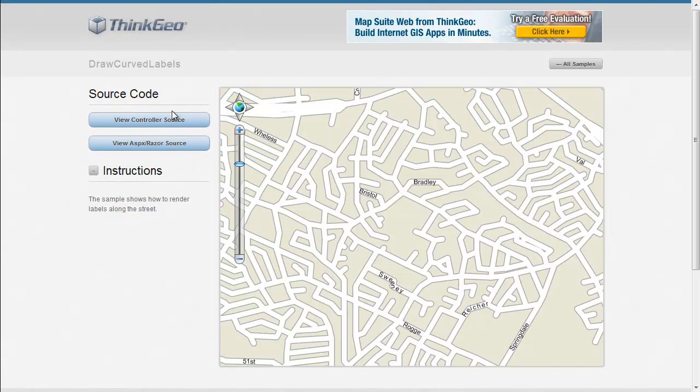In this Map Suite MVC Edition sample app walkthrough, we're going to show you how you can draw curved labels. As you can see here on this map, we've just got some streets, and we've got a few labels here where we're curving around the various turns in this road. So like here on Sweeney Street and Riker Street, you can see how the label turns